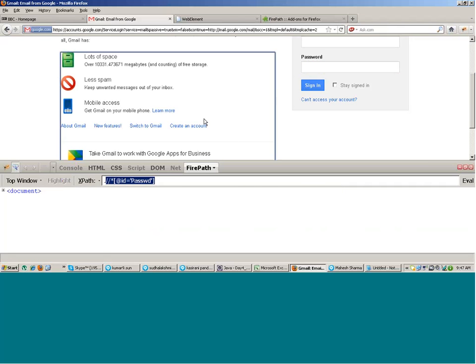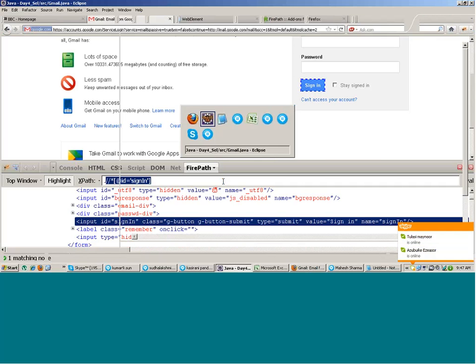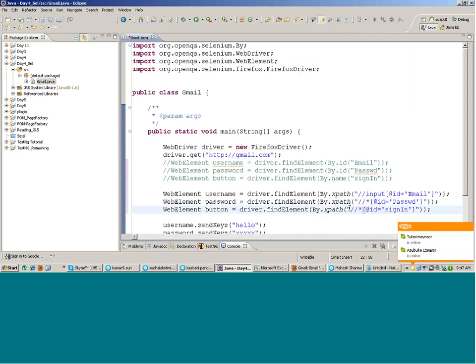Fine. Similarly, this is the sign in button. So you can write over here // ID equals sign in. So if you run this,